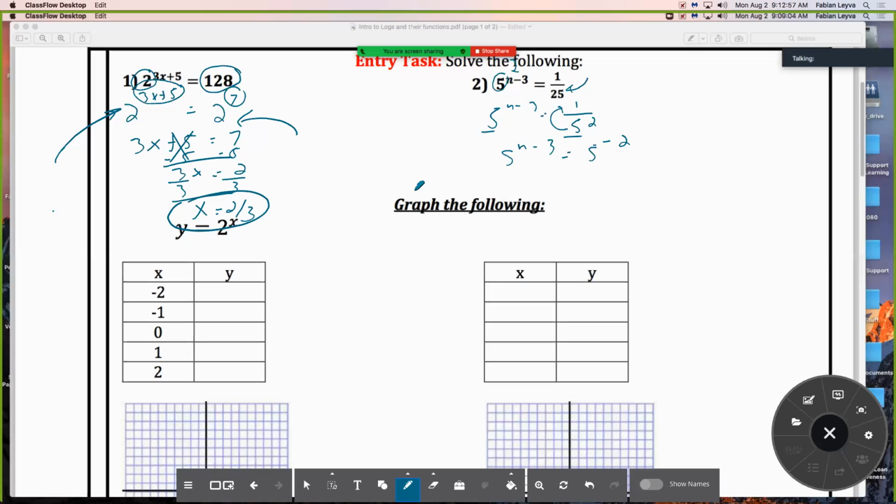So remember that, and then you can see here that you have a base equal to a base. That means that n minus 3 is equal to a negative 2. Solving for this equation now, you end up with n is equal to a positive 1. And that is it. If you plug it in, you'll notice that it checks out perfectly. And just to reiterate again, the key thing here is to make sure that this is your